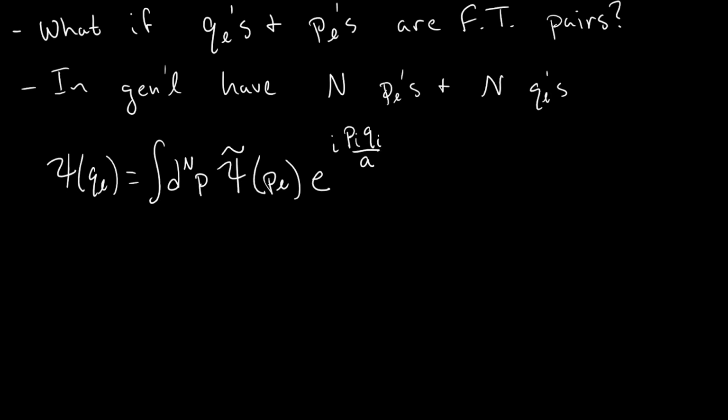I'm going to invent a number, throw it in there, so that the exponent has the correct dimensions. And in fact, the dimensions of a are just the dimensions of momentum times the dimensions of coordinate, of distance,